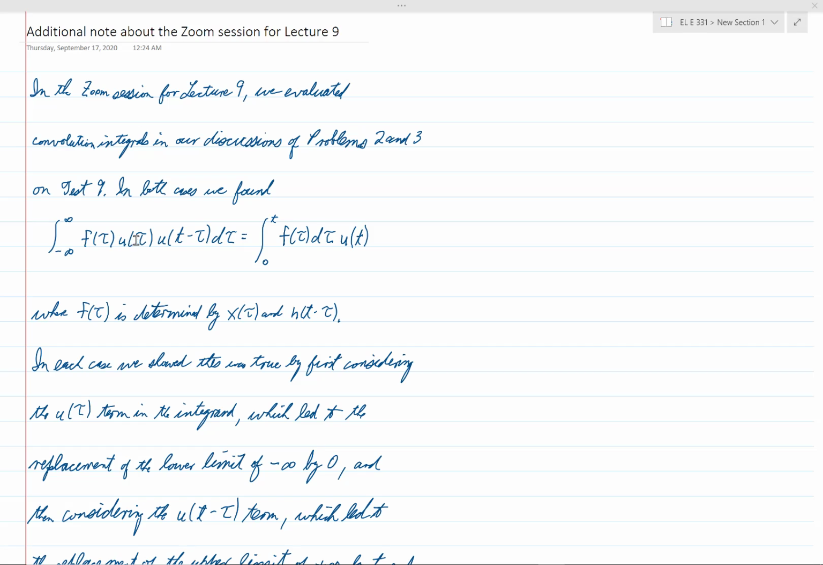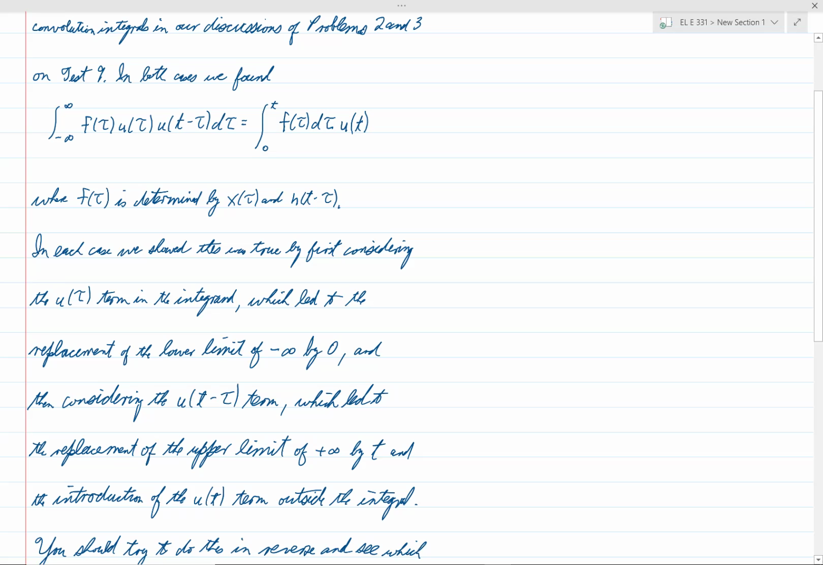What I'm interested in is u of tau and u of t minus tau, and our discussions of how these terms in the integrand could be handled, and the integral could be more simply written like this: the integral from 0 to t of f of tau d tau times u of t. And if you will review the